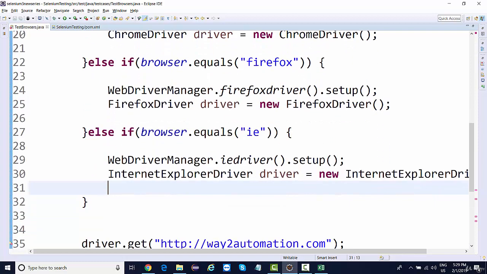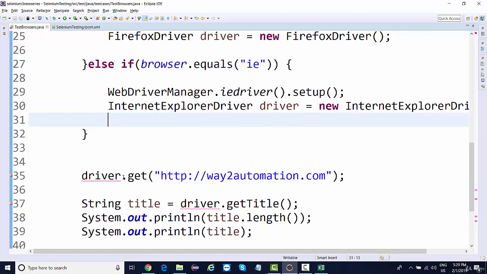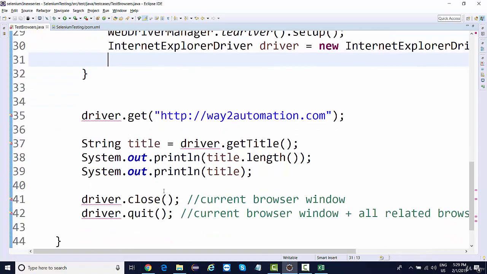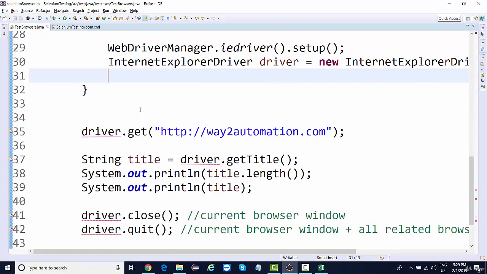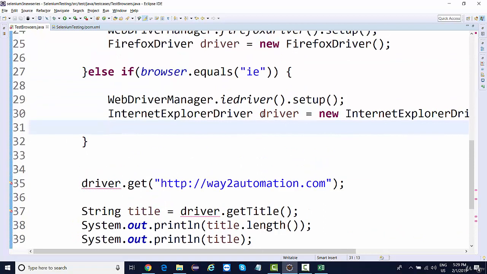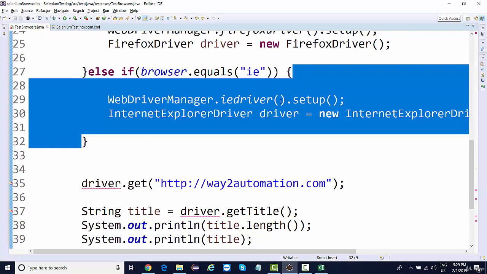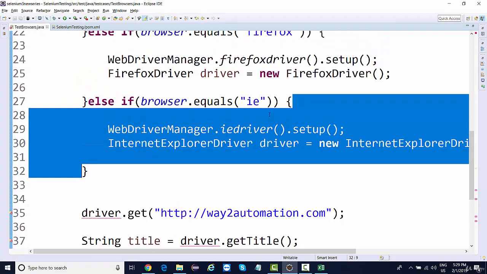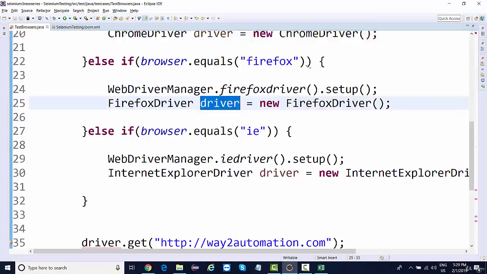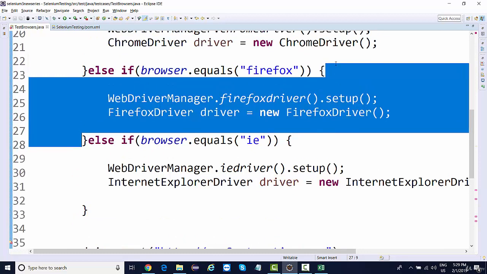Now if you take a look over here, the driver references over here are throwing some error. Why? Because it says cannot be resolved, either create a local variable. It means it is not able to access this variable value. The variable value is defined over here, which has got this much scope only, right? Same way, this driver reference has got a scope within this block only.